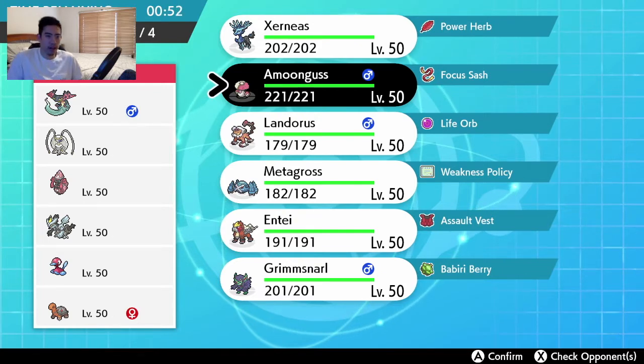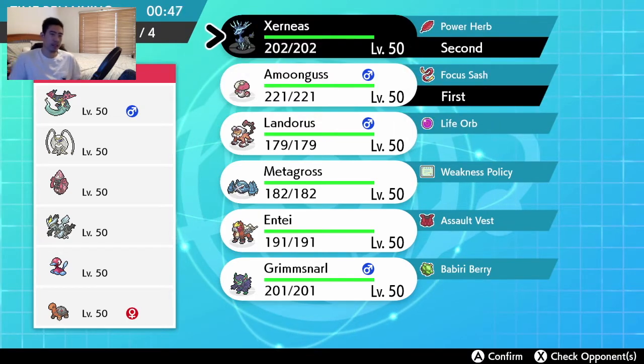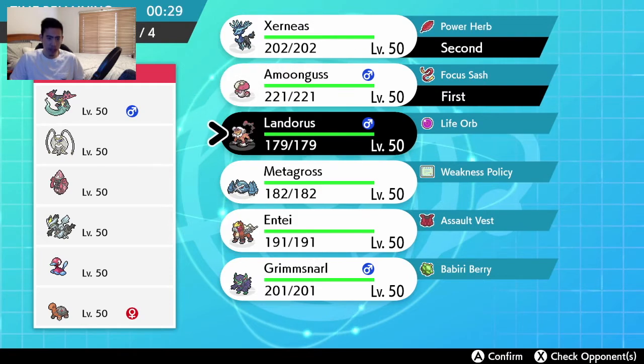Wow. Okay, so we're in a fairly interesting predicament here, but I think Amoonguss Xerneas is still good, right? Because Xerneas hits the Dragapult really hard, it hits the Pheromosa really hard, hits the Kyurem really hard. Yeah, and then the Amoonguss helps set up the Xerneas, but it can also Rage Powder away any type of speed swap, any type of coaching, any type of things like that. We do also want the Landorus to help out with the Kyurem, although it's not going to do all that much